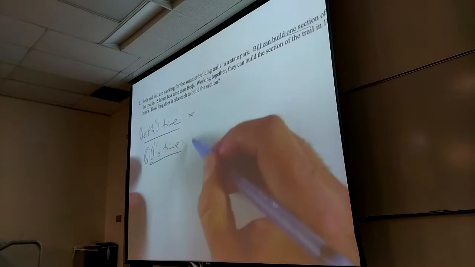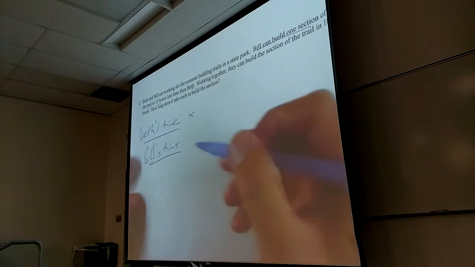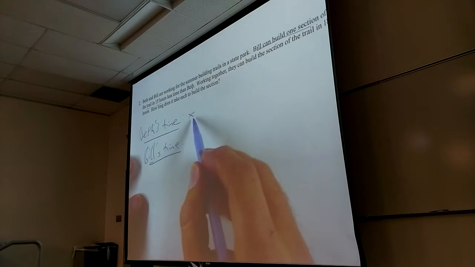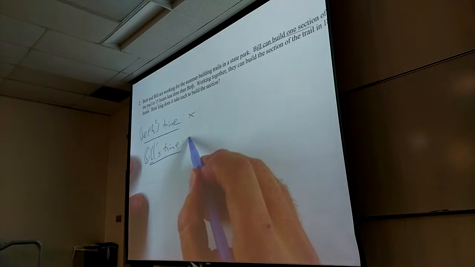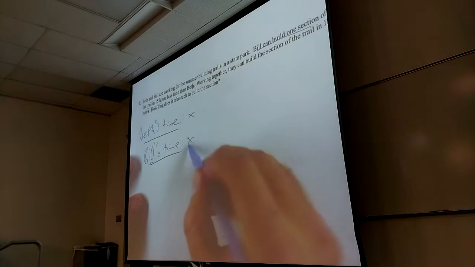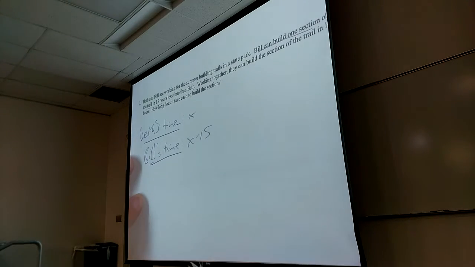This is not just something that we do to you to make you go crazy. It's modeling the real world using tools that humans created. So I need to model this problem. Why don't I give them both separate variables? Well, one, that would make this disgusting. And two, there's no reason to, because one is based on the other one. Whatever Beth's time is, Bill's time is going to be that minus 15. So if I call Beth X, I can call Bill's time X minus 15.